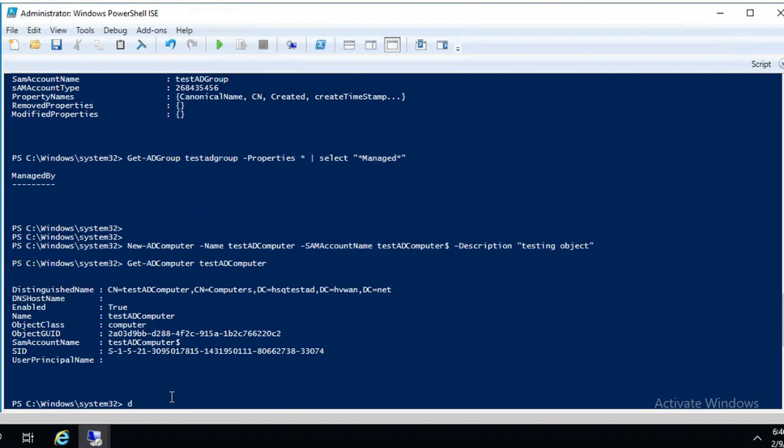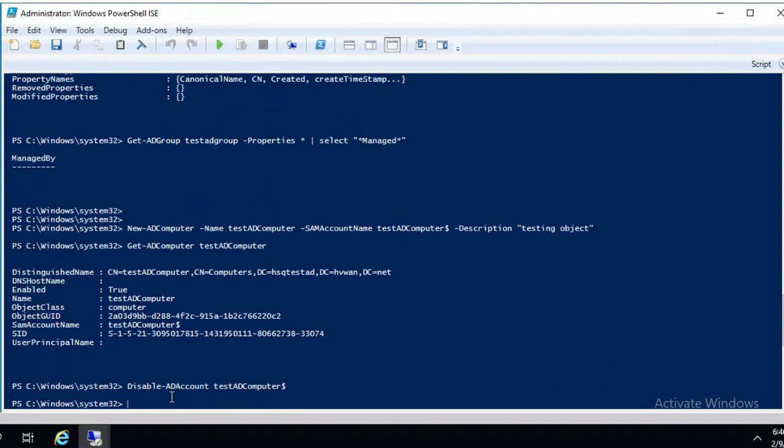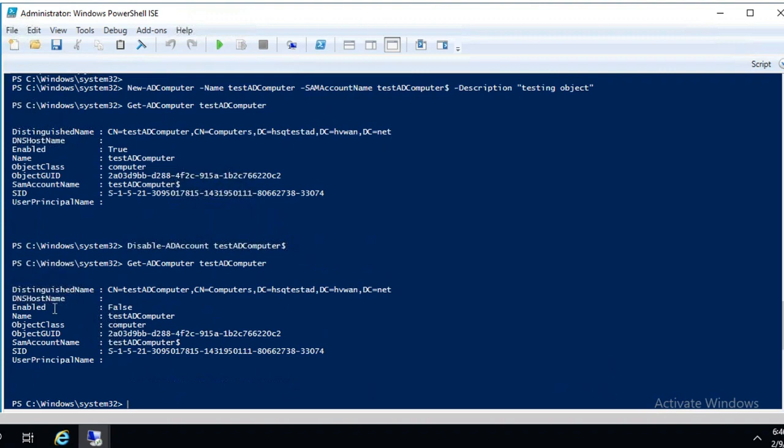To disable this account, we can type Disable-ADAccount and then the computer name. We have to include a $ sign at the end for computers only. So we can disable it. Let's check it out again with Get-ADComputer and the computer name. You will see the Enabled value is now set to False, which means we have disabled it. And to delete this from AD, we can type